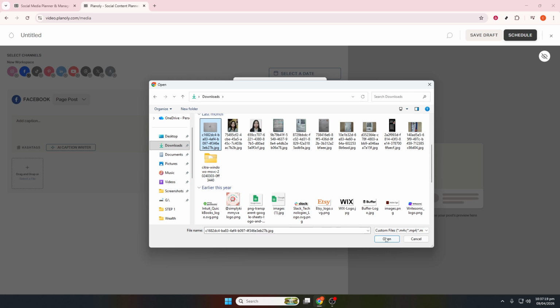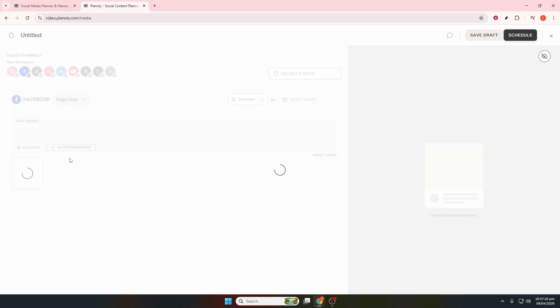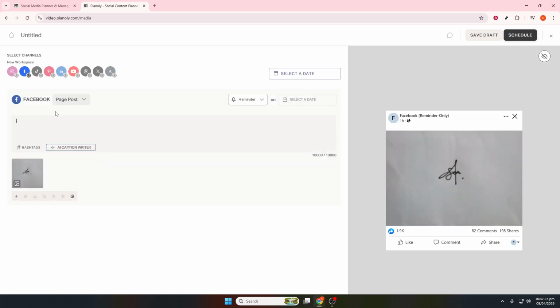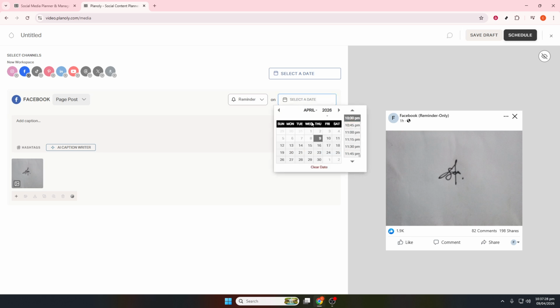Choose the date and time, and if you see the auto post option for that content type, toggle it on, then save. If auto post isn't available, or you prefer manual posting, Planoly will send you a reminder at the scheduled time. After you've posted a few times, open the analytics section, review engagement rate, likes and comments, and your